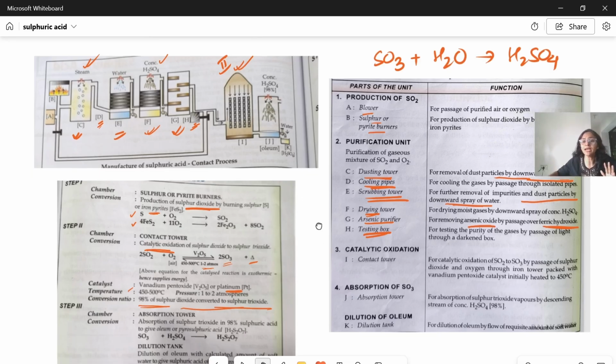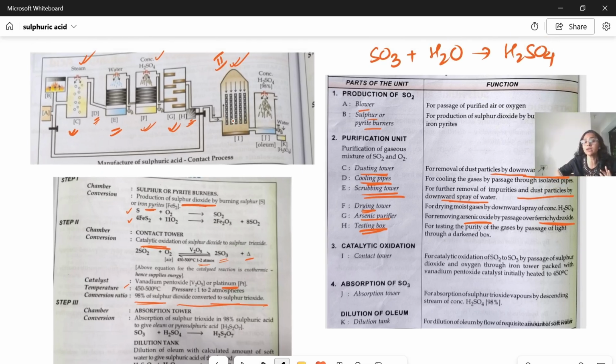So it is seen that once sulfur trioxide is prepared over here, if water is added to it or it is absorbed in water, the reaction is highly exothermic. And we get sulfuric acid particles which don't even condense. There are particles and it looks like a dense fog and it doesn't condense easily. So to avoid this, it is not directly absorbed in water.